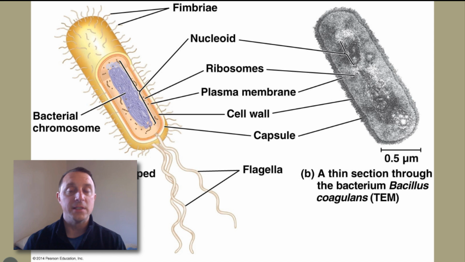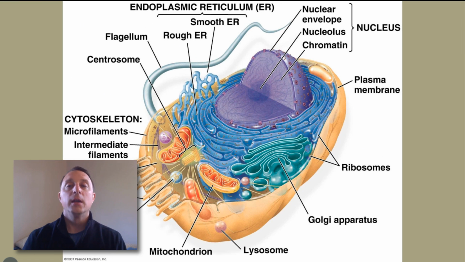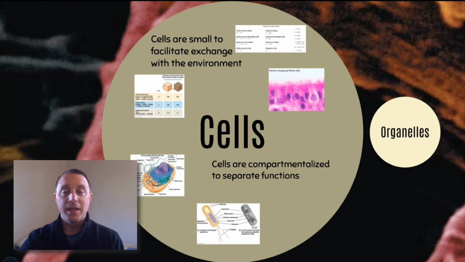They have discrete areas for discrete functions. And certainly when we move into the more complex eukaryotic cells, we see lots and lots of compartmentalization with all of our internal membranes and all of our organelles,